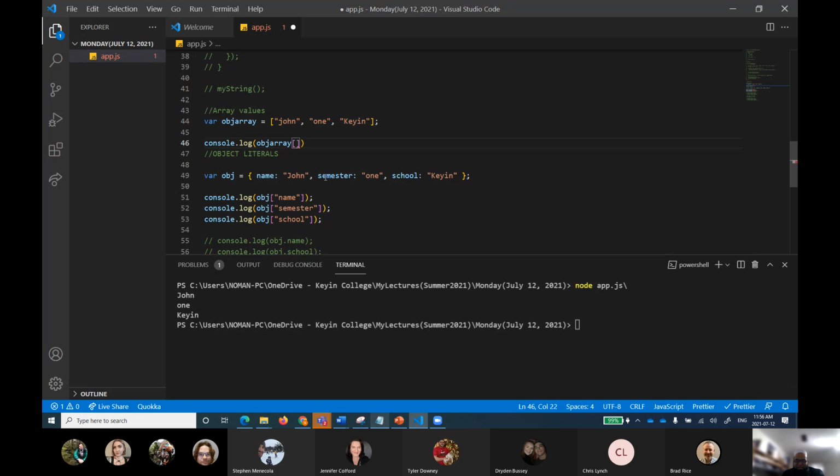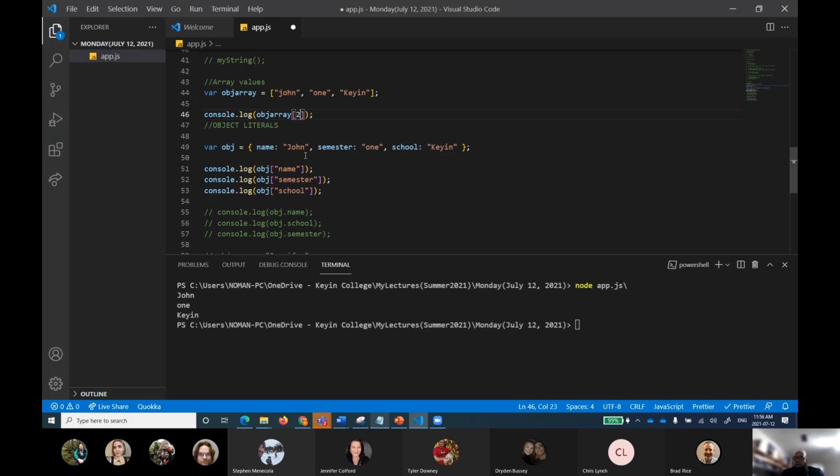Now you see here, Jennifer, please don't get confused. I've gone back to my previous example. So it's 2. So listen, the thing that I want to inculcate in you people: this key is mapping to keen. If I ask you what is 0, what will be the output? John. Why? Because 0 maps to John. 1 maps to 1. 2 maps to keen. Is that clear? So I can access this in array notation.